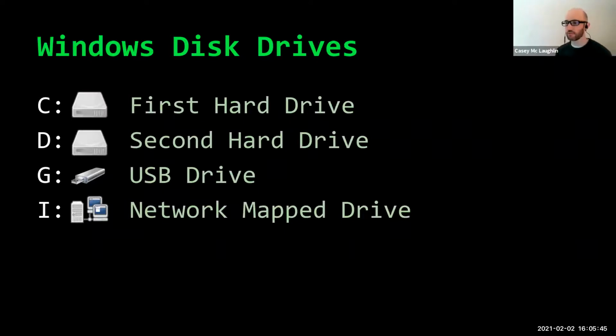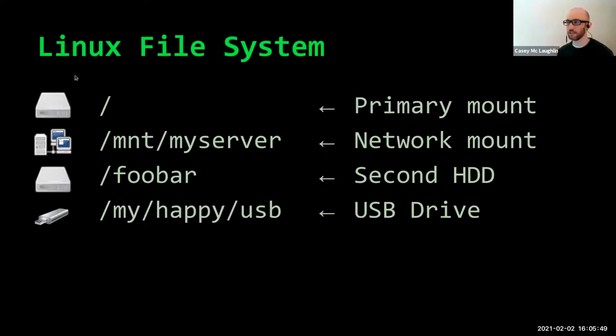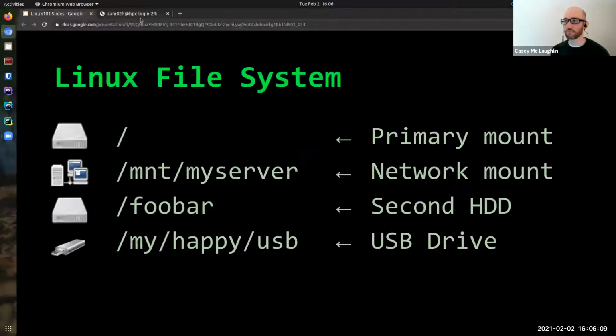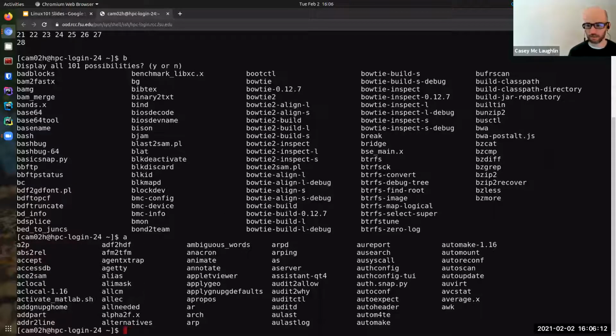That's very intuitive, but unfortunately, it's not the way Linux and Mac manage systems. So in Linux, the primary place where the operating system is installed, the physical disk where the operating system is installed, is called the primary mount, okay? And so it always has the slash. We can actually look at this in the system. So ls /, okay?